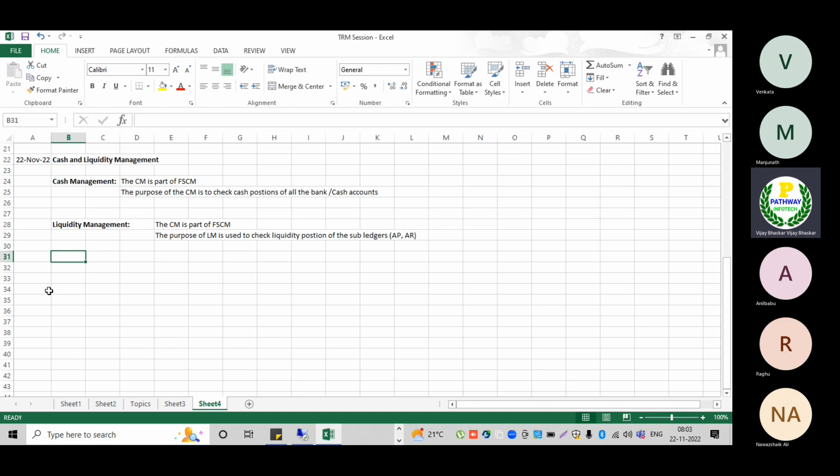Now if we talk about a non-fund based limit, the banks and financial institutions are not going to offer money directly to utilize. Instead of giving the cash limit, what they are going to do is give some indirect support, like